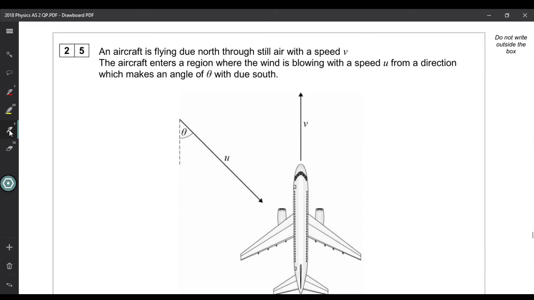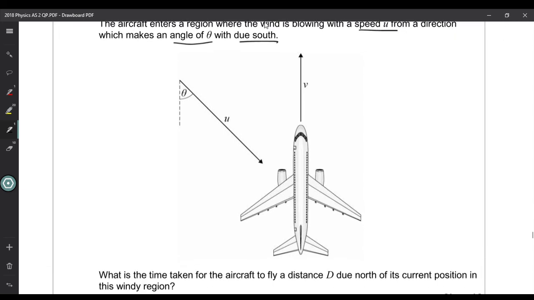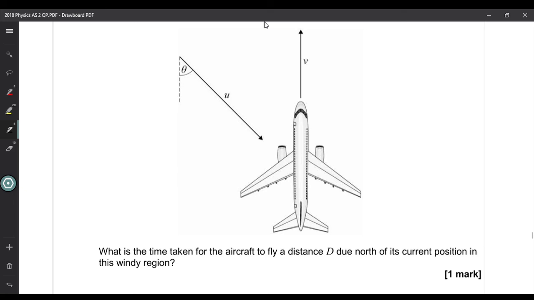So question 25 says an aircraft is flying due north through still air at speed V. The aircraft enters a region where the wind is blowing at a speed U from a direction that makes an angle theta to the due south. Okay, so we've got a diagram there. What is the time taken for the aircraft to fly a distance d due north of its current position in this windy region? So if we know that it's travelling v in due north, what we've got to do is